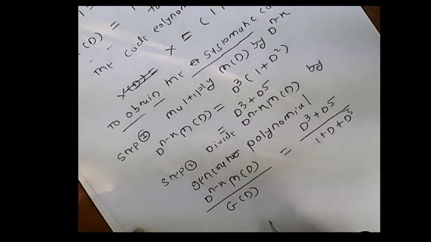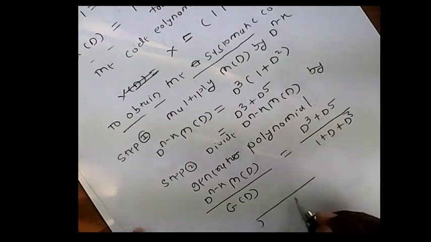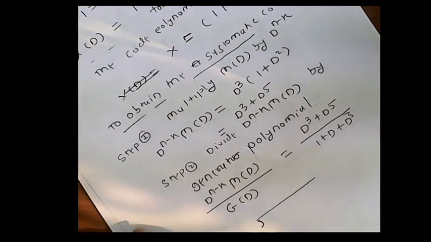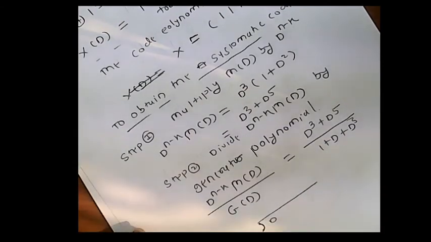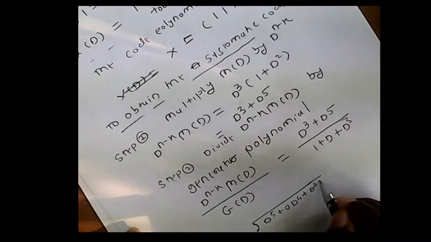Now we carry out this division by synthetic division, as follows. See here, the generator is d cubed plus 0 d squared plus d into 1. Then we write this in descending power order: d raised to power 5, 0 d raised to power 4, d cubed, plus 0 d squared, plus 0 into d raised to power 1, into 0. Now here we perform the synthetic division.